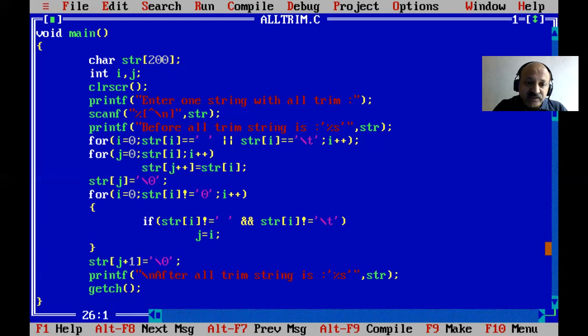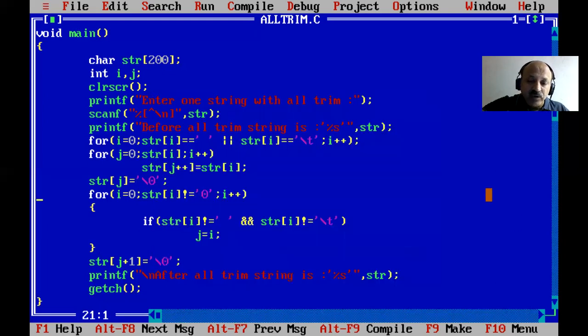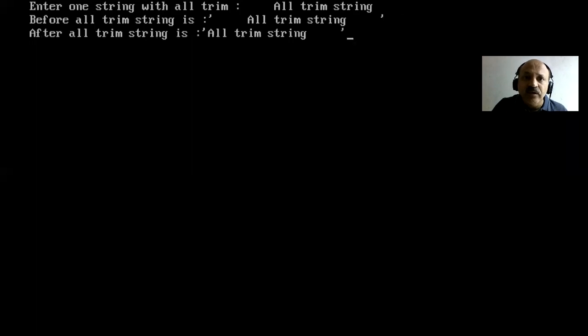So now let us check. First we check whether any change is required. So yes, I think it is perfect. Let us compile. Yes, there is no error. Our exe file is generated, and now I can run it first. 1 2 3 4 5, and all string string. Yes, that is all string string, and 1 2 3 4 5. Yes, that 5. So here leading is perfect, but trailing is not